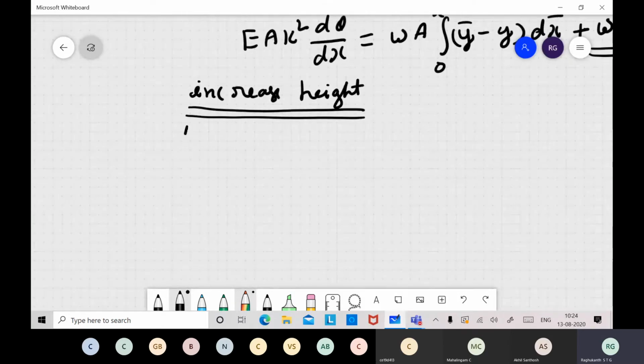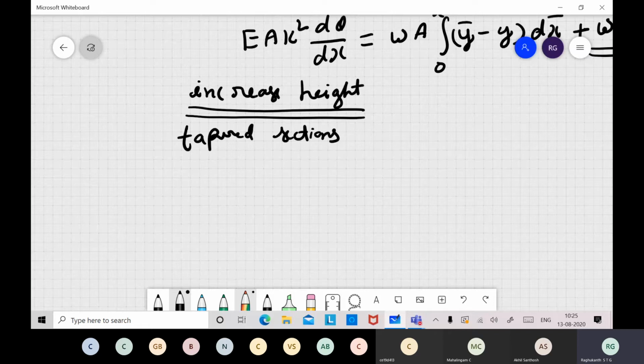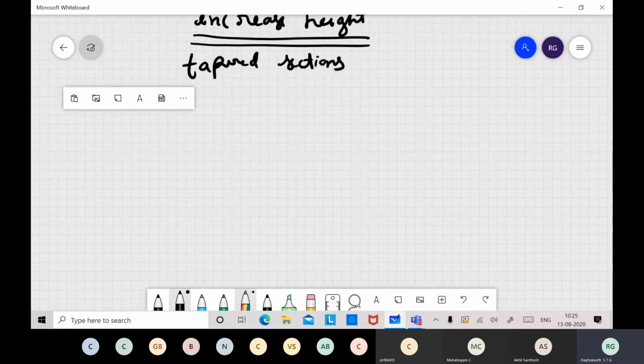these tapered sections, like you see the pyramids. See the pyramids, they are all tapered. That's why they were able to build up to that much height. Suppose you build a square kind of a thing, a cuboid kind of a thing, it buckles under its own weight. So if you want to grow tall, your width at the base also has to increase. So these are tapered sections.